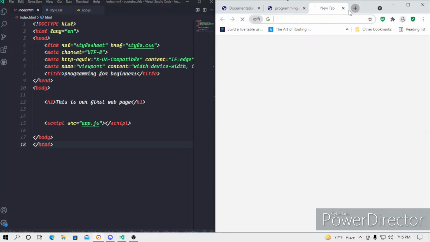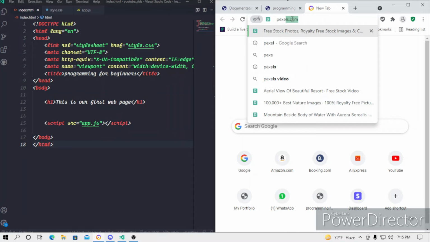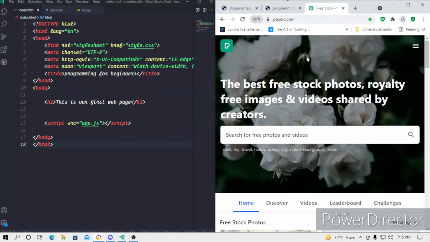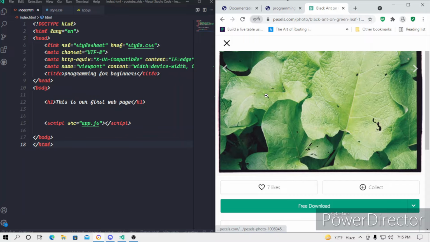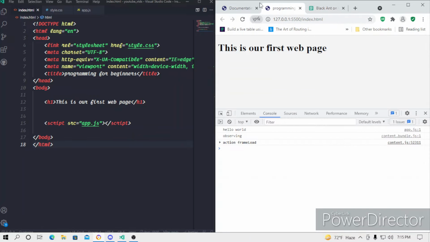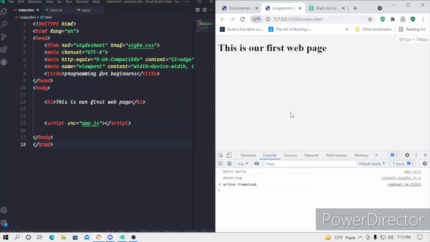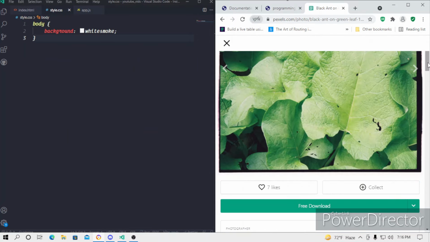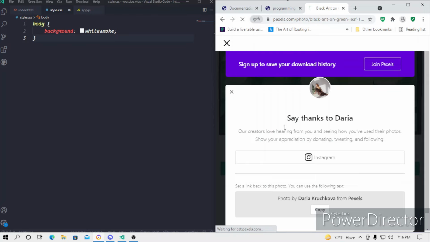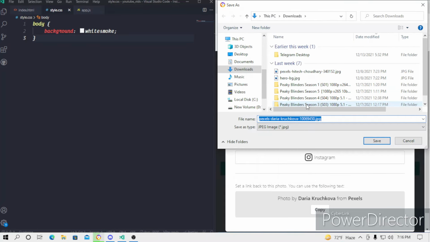Now let's download one image. For downloading one image, I would prefer you go and visit pixel.com. Over here we have awesome pictures, like for example this picture. In here we have to import one image instead of giving one color like white smoke. So for that we have to go over here and download any image. I will download this one and I will just name it